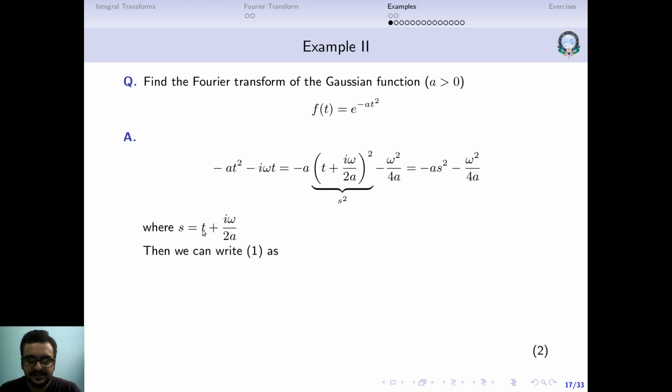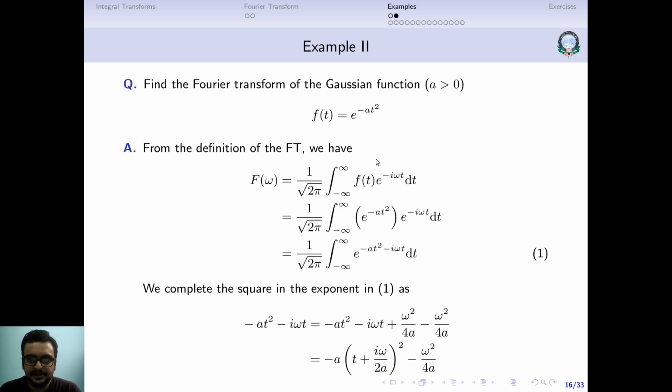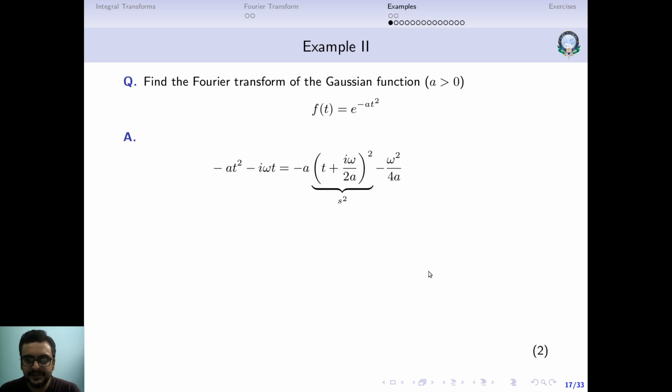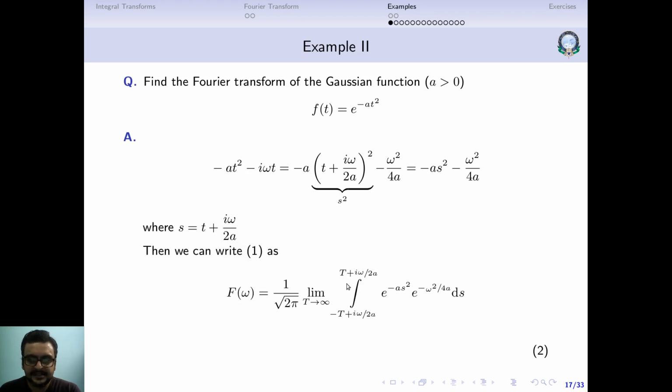From here we can differentiate, and ds is equal to dt. So this equation number 1 has an integration from minus infinity to plus infinity. What we can do is put a dummy value for this small t, let's call it capital T. We'll take equidistant capital T's from the origin, and then see what value the integral will take when we make the substitution to the variable s, as we take the limit as T tends to infinity.